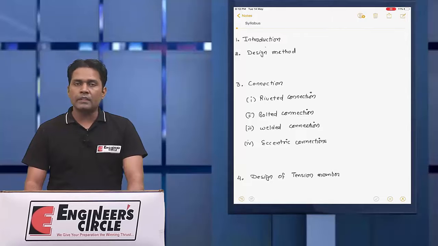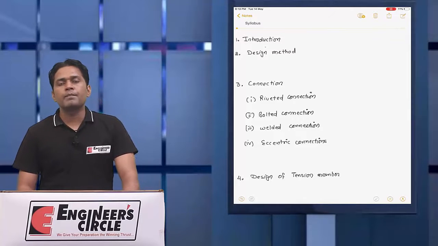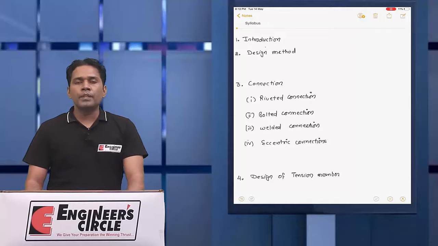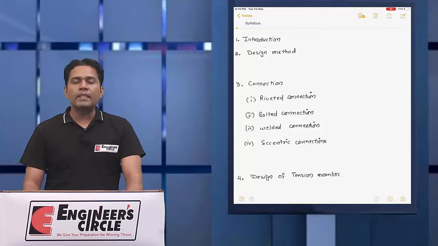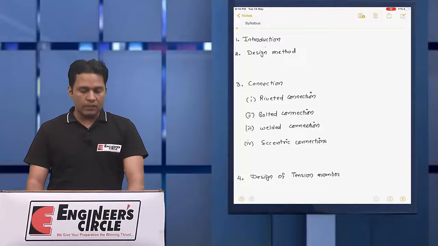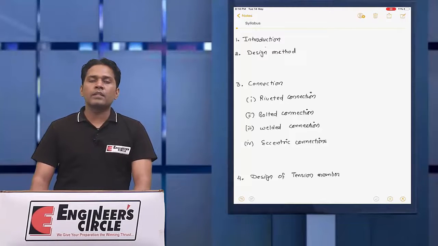So we will see the behavior of the steel. Then we will move on to the design part. Before moving to the provisions of the code, we will see the kinds of methods that will be covered in this subject.